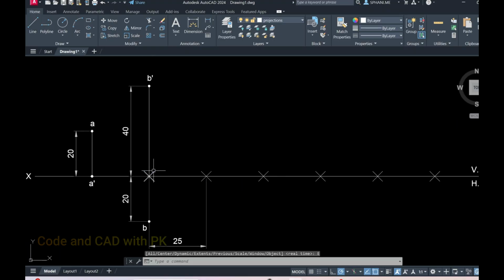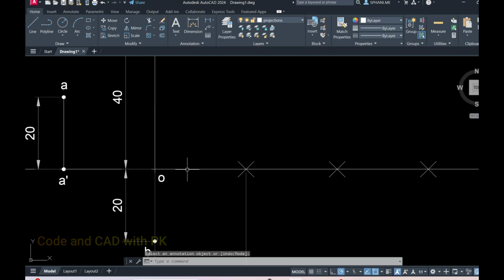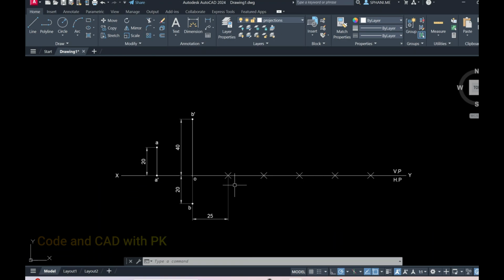So now I want to remove this point and copy this B to here, edit this text, ed, taken as O, small o, because this is the reference line. Always the two projector lines meet at a point O. Okay, next one,